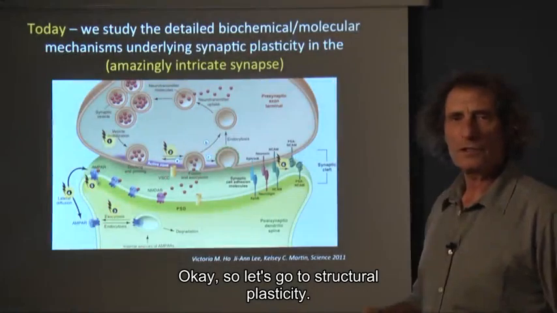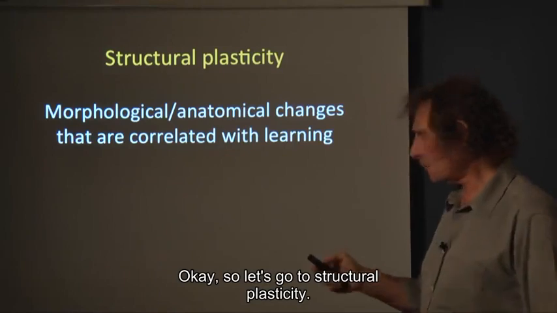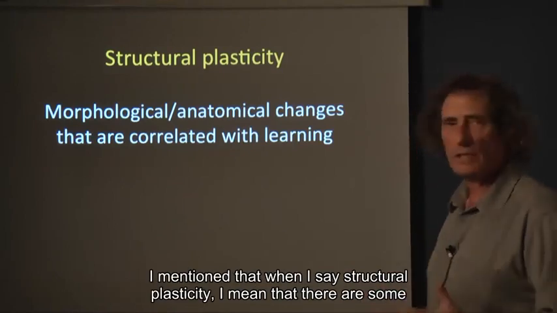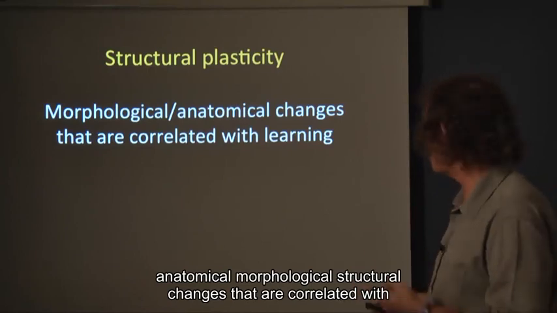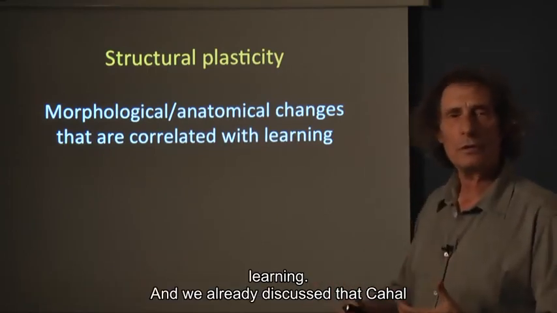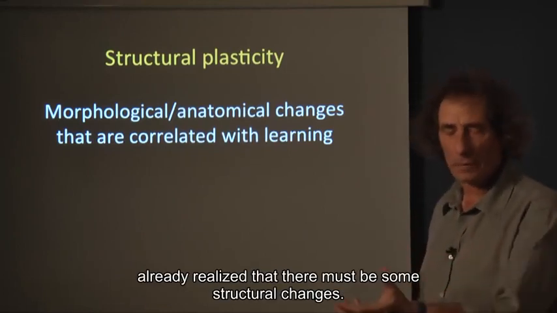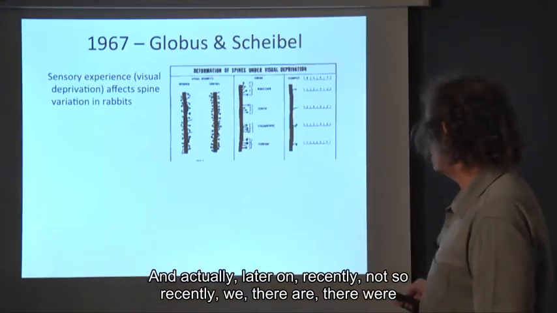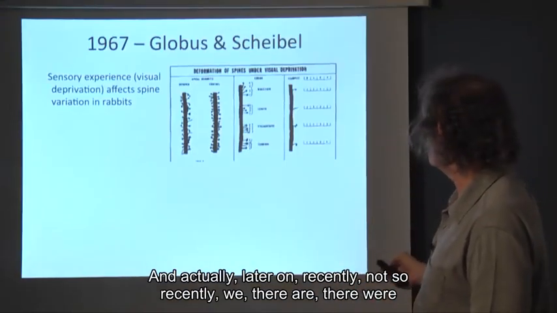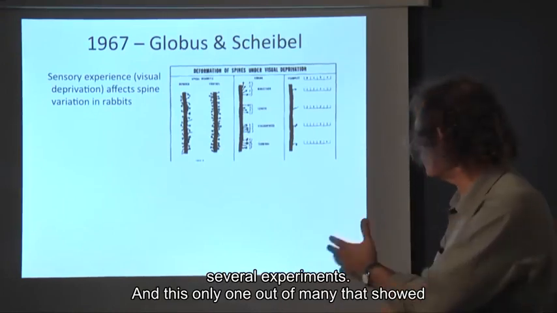Okay, so let's go to structural plasticity. I mentioned that when I say structural plasticity, I mean that there are some anatomical, morphological, structural changes that are correlated with learning. And we already discussed that Cajal already realized that there must be some structural changes. And actually, later on, recently, or not so recently, there were several experiments, and this is only one out of